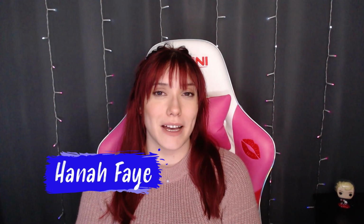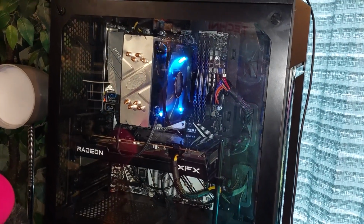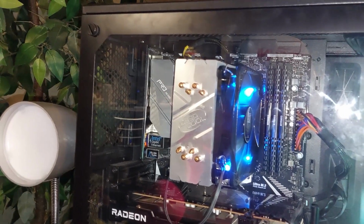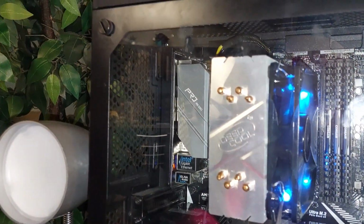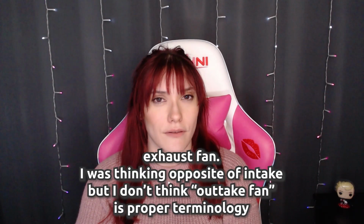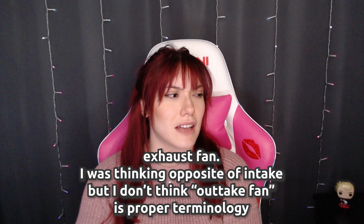Thanks for stopping by. I was looking at my computer the other day and I was like, hey, I don't have a back fan. Why don't I have a back fan? I have 3 front fans and my temperatures are fine. That's not an issue. But I was like, I should really have an outtake fan. I've got 3 intake fans. My case has great airflow, but I just felt like it needed an outtake fan, if for no reason other